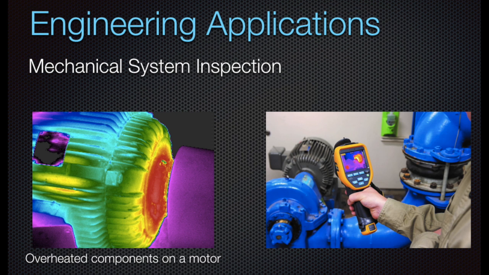From a mechanical engineering standpoint, infrared thermography is commonly used in the inspection of various mechanical components. It can help perform maintenance on everything from an entire motor all the way down to a single bearing. Again, infrared cameras use the concept of abnormal thermal distribution to help identify faults within the expected functioning of a system. In mechanical systems, overheating can be caused as a result of unwanted friction, component misalignment, or poor circulation of cooling air or liquids. In this specific example, the motor is overheating, as indicated by the red region of the